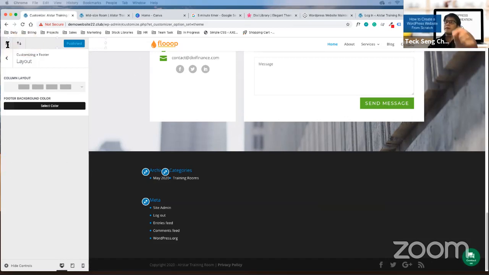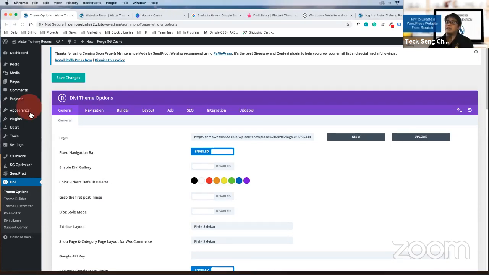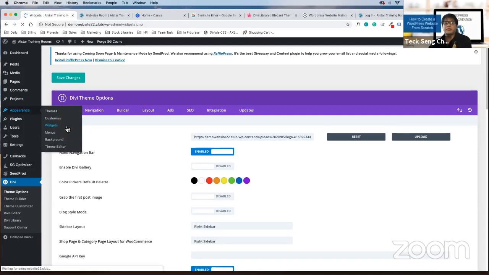We go back by clicking on the cross sign on top. Back to this. To put in the widgets, we go under appearance, click on widgets.